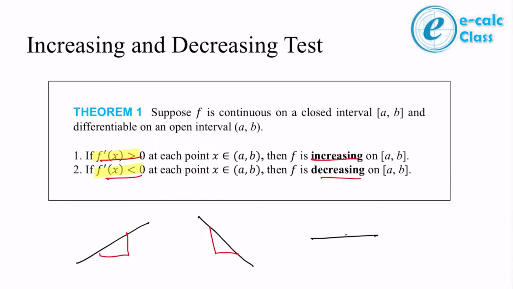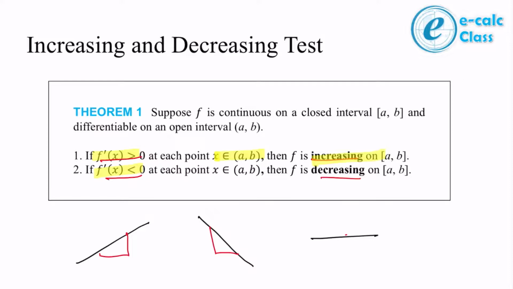If the first derivative is greater than 0, which means it is positive, in this open interval. This open interval means what? Maybe it is not true at point A or point B, I mean at the end points of this interval. Maybe it is not true. But as long as it is true within A and B, then it is increasing from A to B on